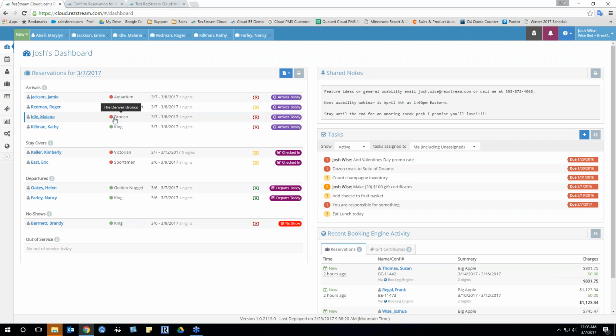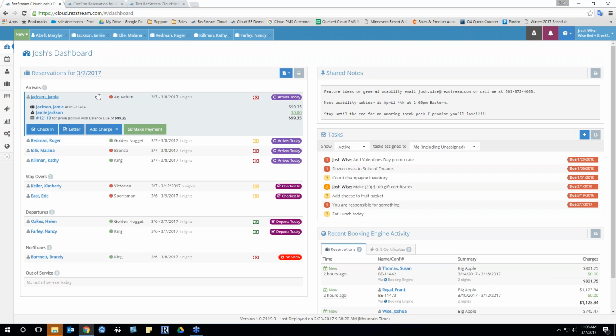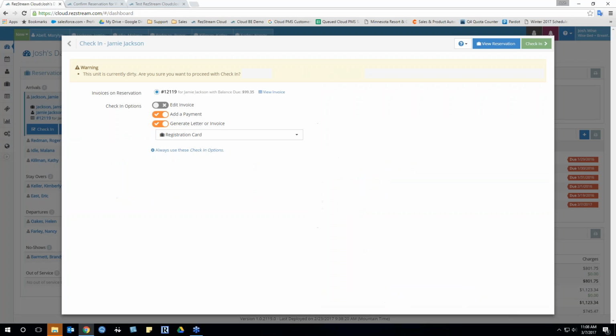Okay? Now, the next thing that I want to show you is the check-in wizard. So hopefully you guys are using this thing, but what I've come to find out with this check-in wizard that we've built is people aren't necessarily sure how to get it set up. So if I click on a specific arrival and I click this check-in button here, it's going to take me